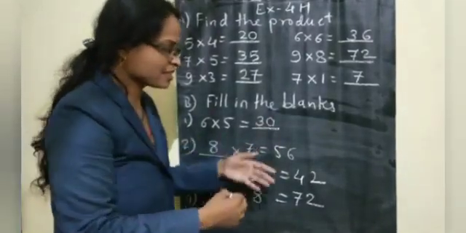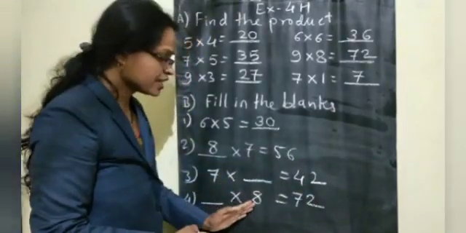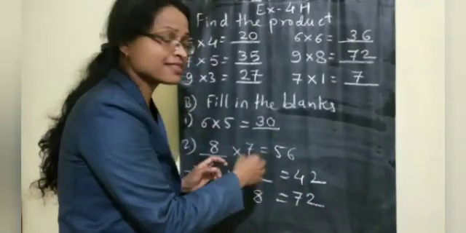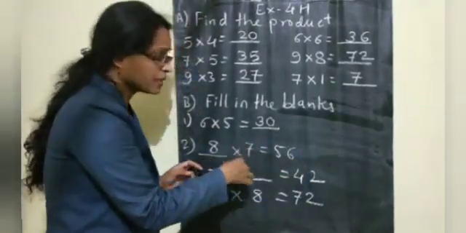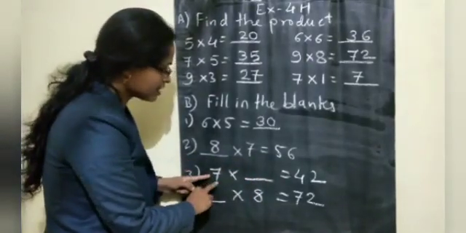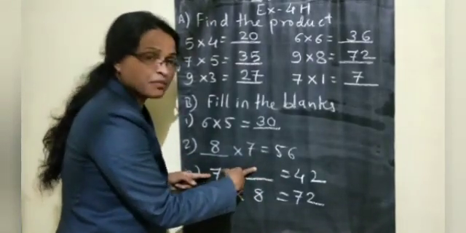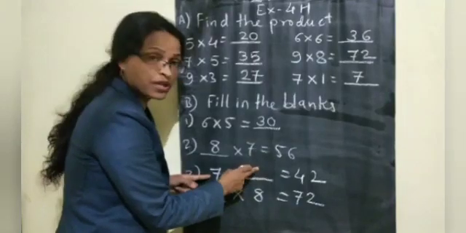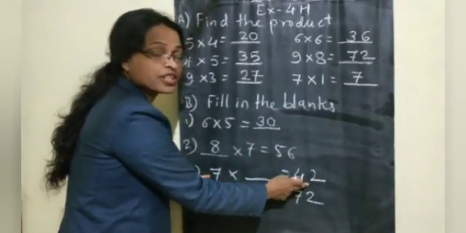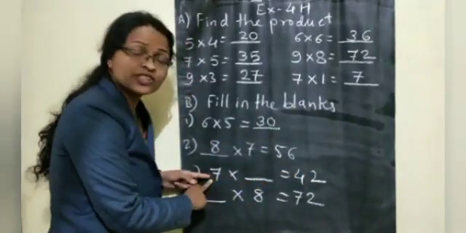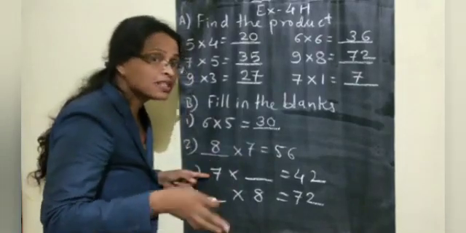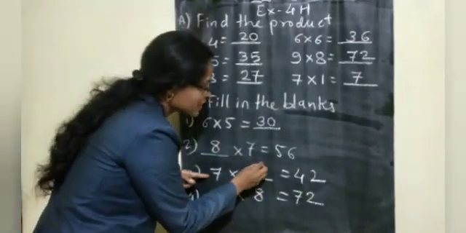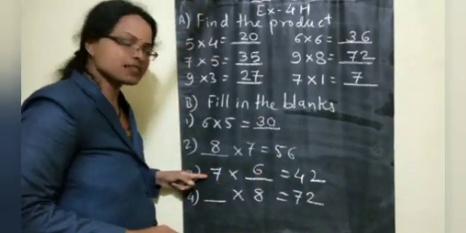Sometimes you have to ask if the answer is present. Whichever number is present, for that number you have to ask how much is that answer. Automatically you will get the answer. Now third one, see. 7 here is given, the second number is missing here. Here we have to write the answer. The answer is present already, it is 42. So ask the question, 7 how much is 42? 7 6s are 42. So automatically the answer will come, 6 42.